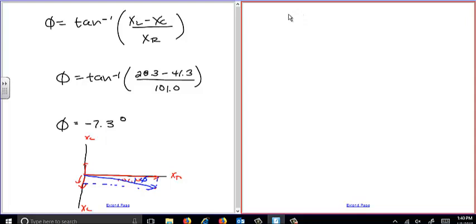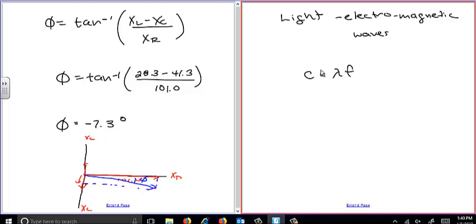The only other thing is light, which is electromagnetic waves. So the only thing you have to know here is this relationship: speed of light is equal to the wavelength times the frequency. It's the same wave relationship. So C is equal to 3.0 times 10 to the 8th meters per second. And let's say I'll give you F. So let's say F is